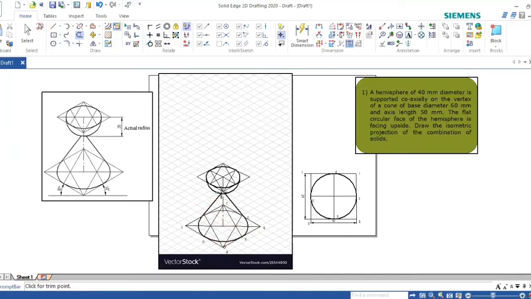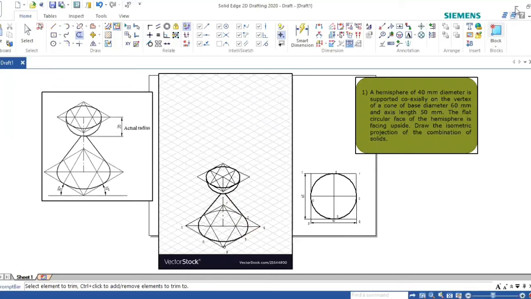Similarly, take the height with that center, 50 mm center. Take 20 this side, 20 this side, 20 this side, 20. Make a square box of 40 for this circle. Okay, construct the ellipse in that circle in a similar way. And then draw out a radius with the actual radius. This should take the actual radius. And while constructing the cone, you have to take the tangent arc here.